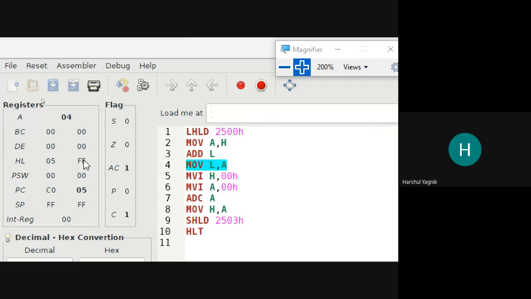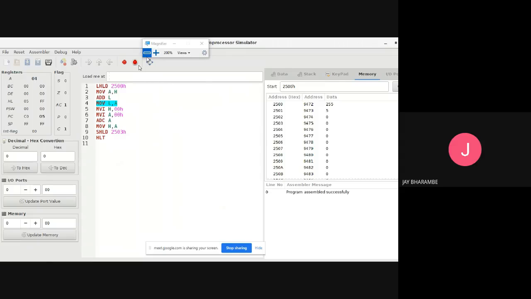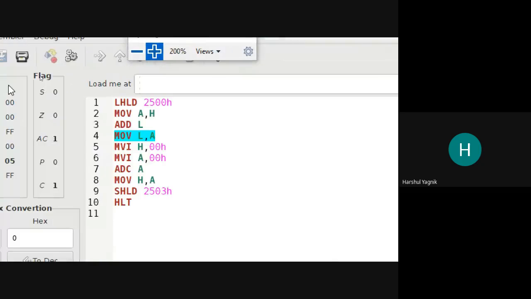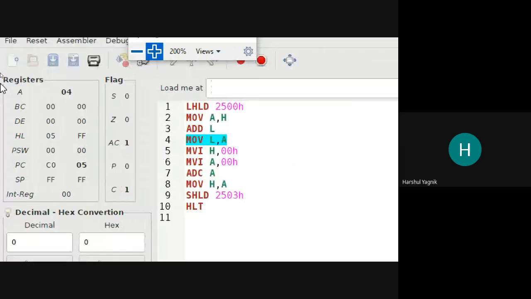Students, FFH plus 05H equals 104H. Yes, sir. Okay. Now you see the carry is in the carry flag and the 04 portion is in the accumulator.